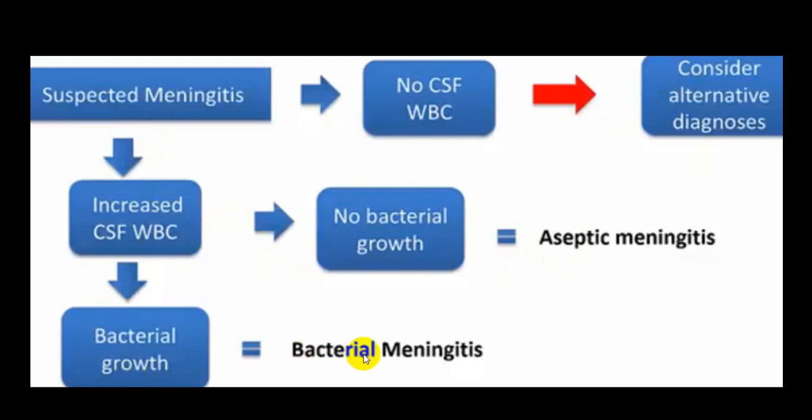So this will help you to differentiate bacterial meningitis from aseptic meningitis from encephalopathy, or what we call non-infective groups, which will be very frequently missed and misdiagnosed as bacterial meningitis. So that should be